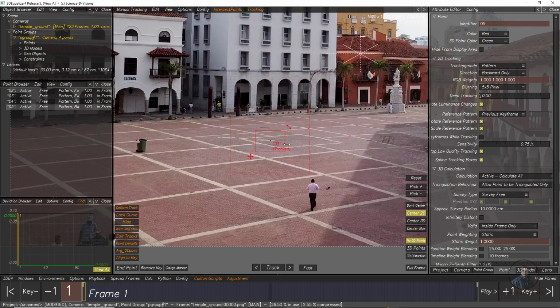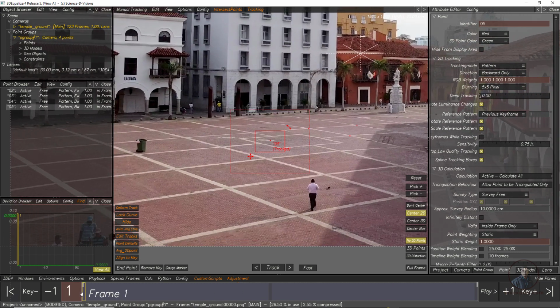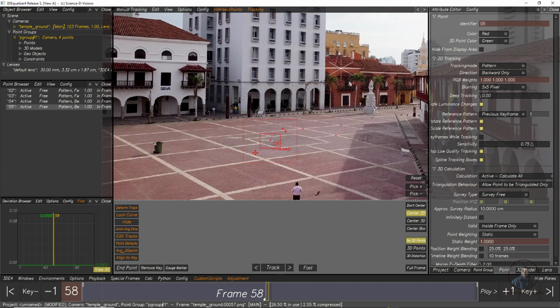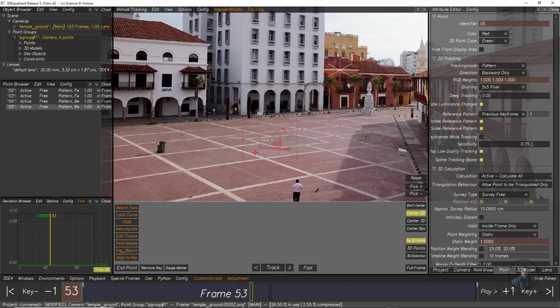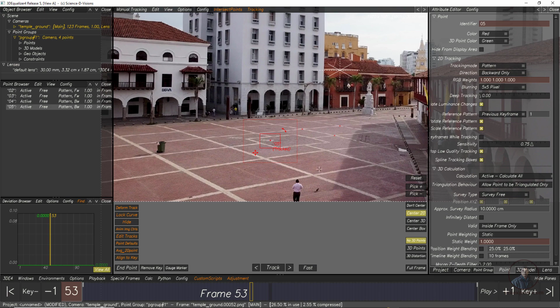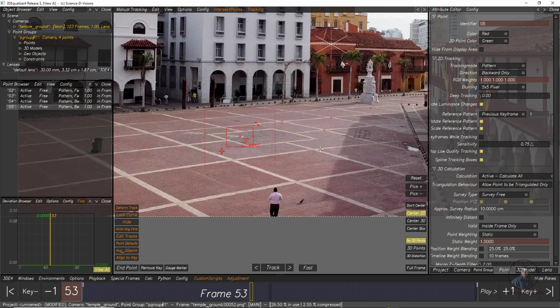Then again you can track it. Now you can see, according to your requirements, in between, at the start or at the end, you can also adjust this search area and search region. This point I have also tracked successfully. Now finally, suppose you have placed your playhead in between, how can you track the forward frames and the remaining backward frames? Just for explanation, suppose I am going to track this point.